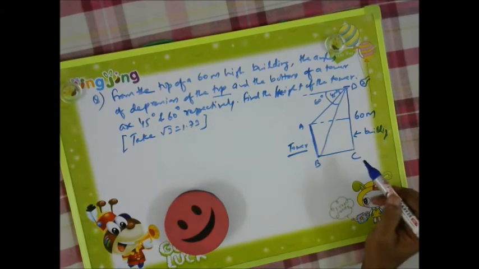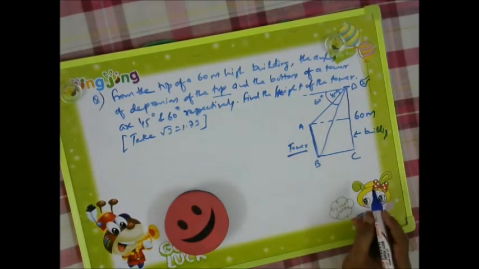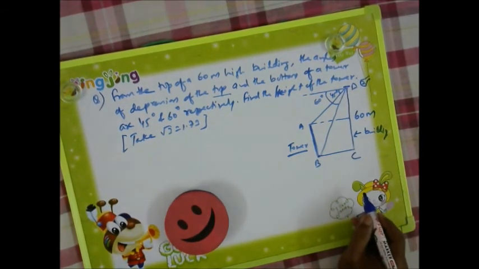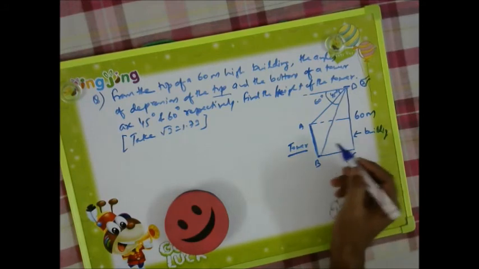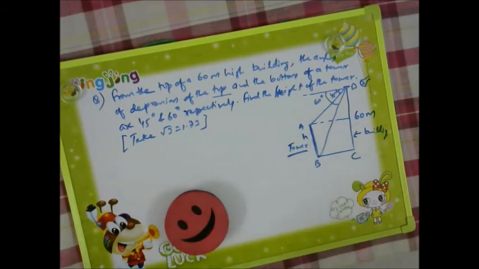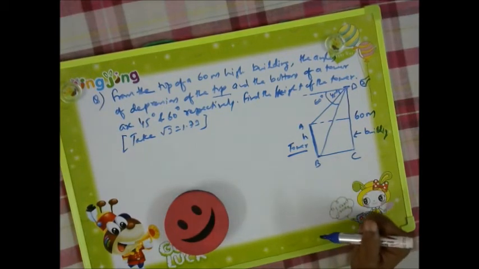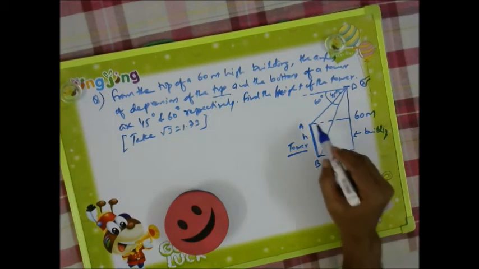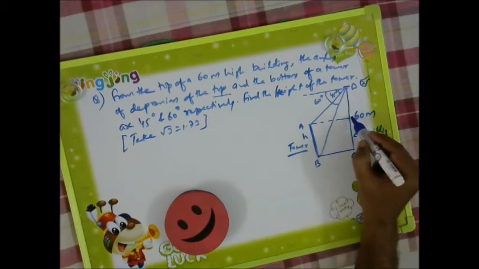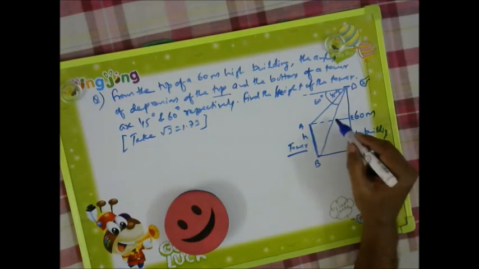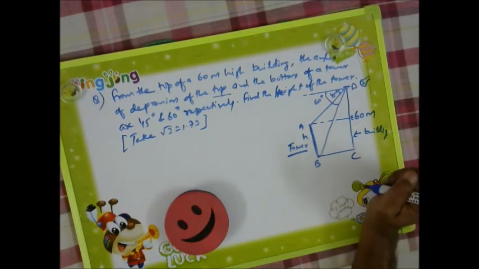60 degree. Now the diagram is correct, we have already made it. Now we need to find the height of the tower, so this h we need to find. We are not given this BC; if we suppose we make a point AE, then this AE and BC are both parallel, right?